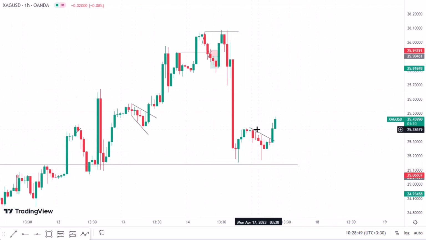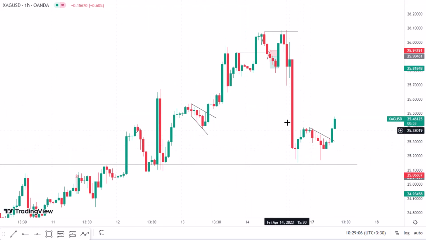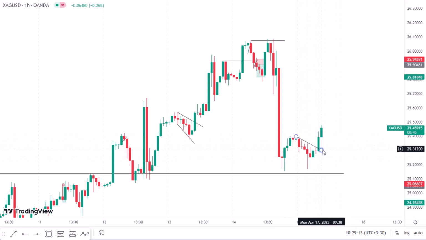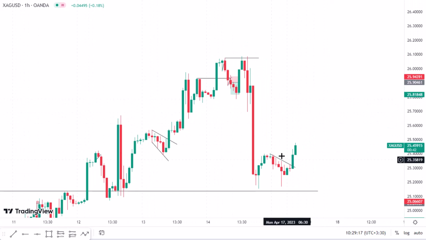Also, something that you should know is we have this trend line broken to the upside, showing that the market can go to the upside, which signals entering a buy position. The first one was this support here, and the candles on this one, like this pin bar here or this one here. The second one is this trend line which is broken to the upside, showing that the market can go to the upside.